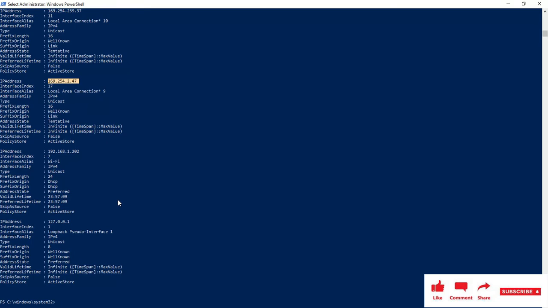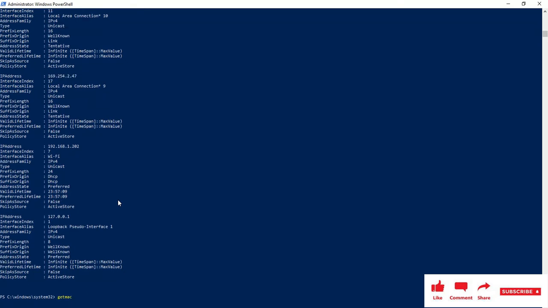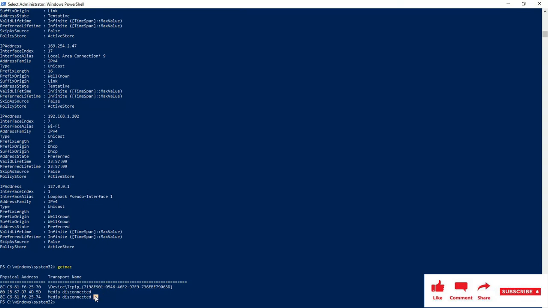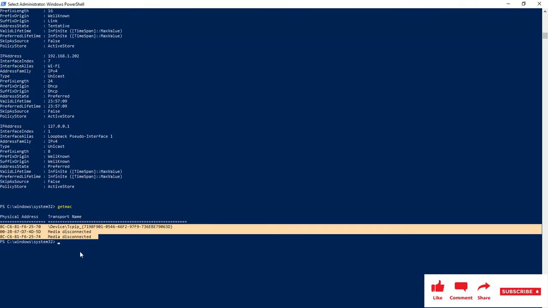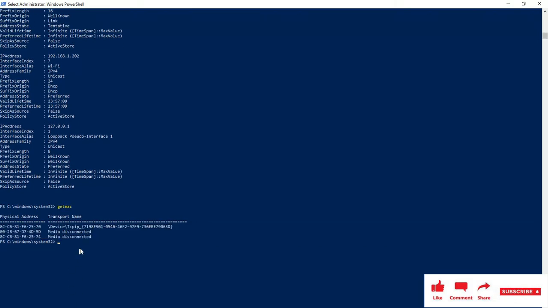Let's move forward. To get the MAC address we use getmac and hit enter. You will be able to see the MAC address. But this is the command; what is the commandlet in PowerShell to get the MAC address? It is a bit long command. Let me type it over here. To get the MAC address, which is Get-WmiObject Win32_NetworkAdapterConfiguration